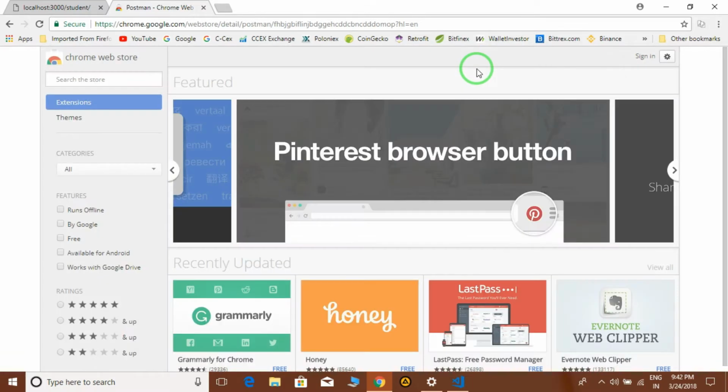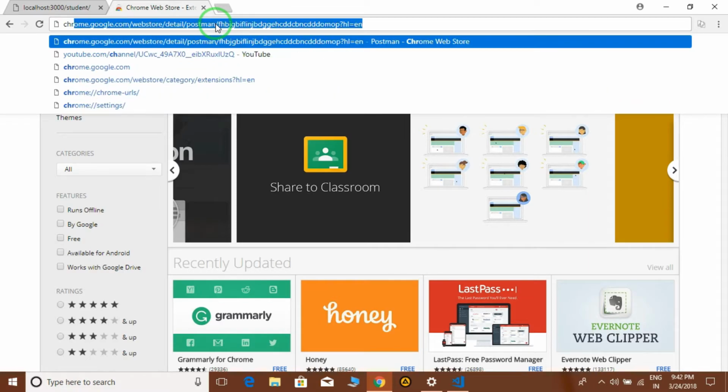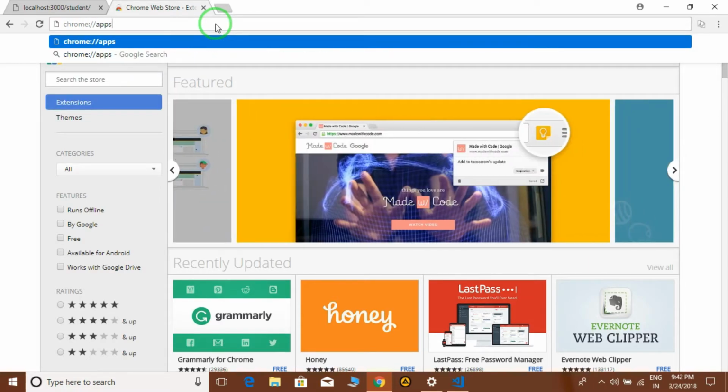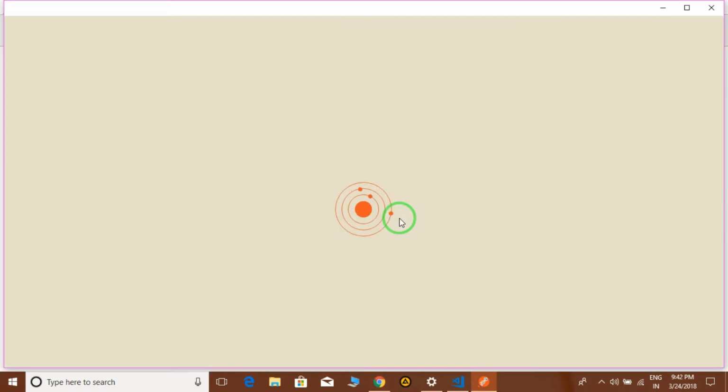But I will show you how you can start this also. You have to write chrome colon slash slash apps. Like this you type, and from these things you can click on Postman. Now it will run. From this link you can run it again and again whenever you require.